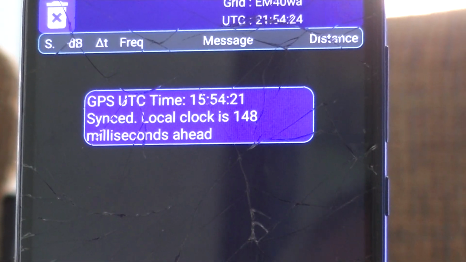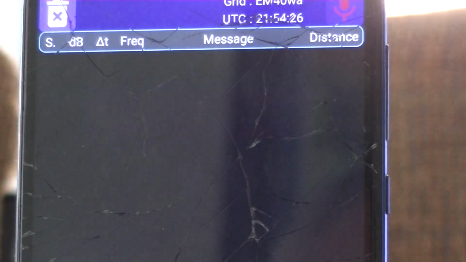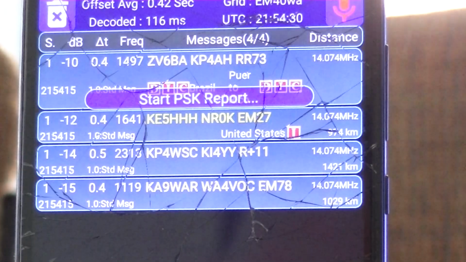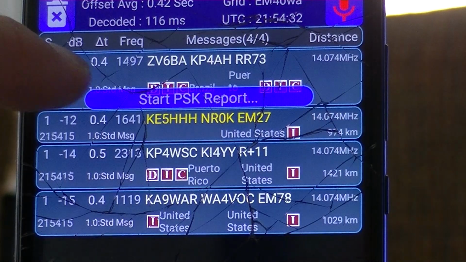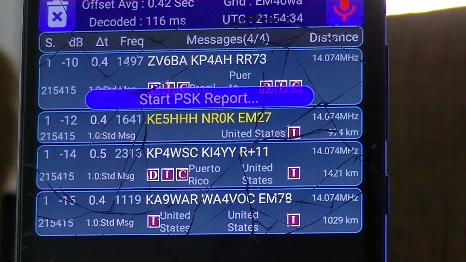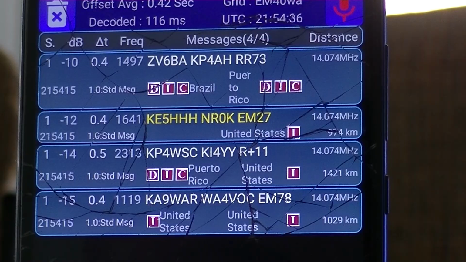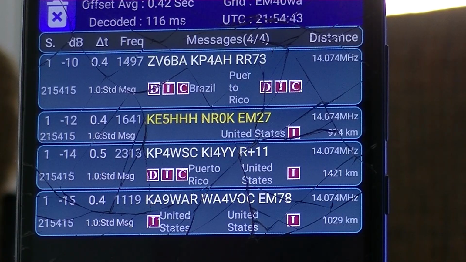So now it's got a clock. It's got a good clock signal and a location. And then as things continue here, notice it says Start PSK Report. It will automatically start up a report that will report to a website to help you track where these stations